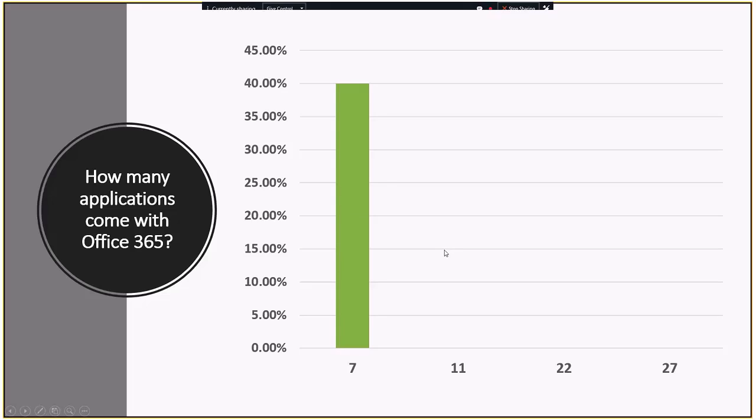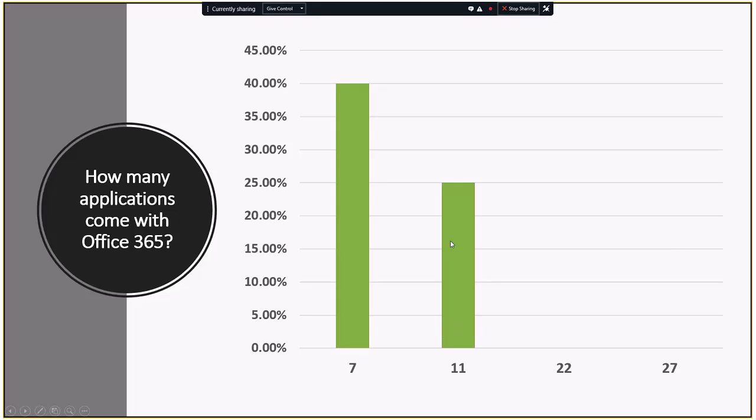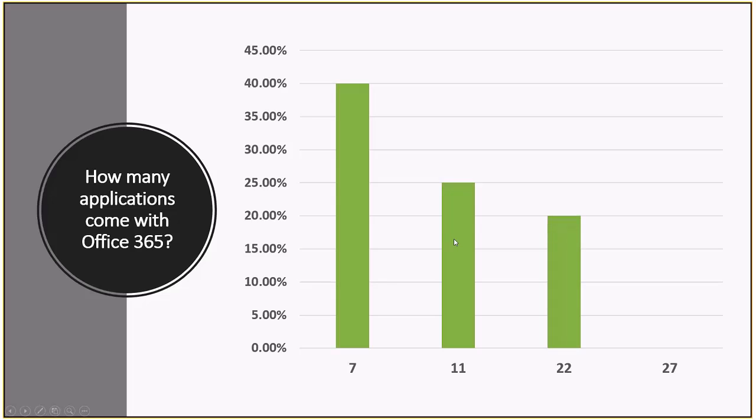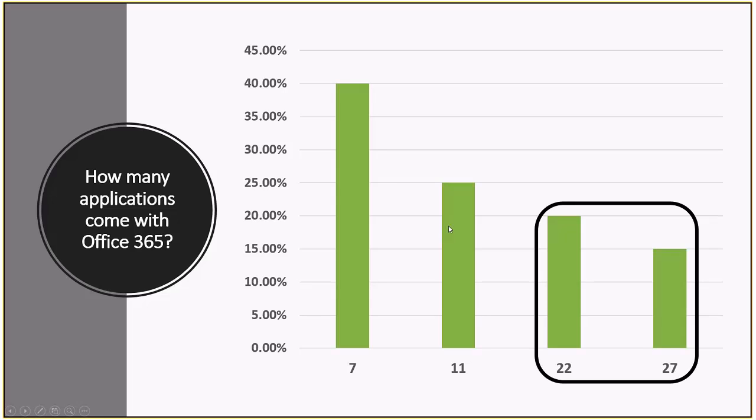40% of people thought there were 7 applications, about 25% thought there were 11, then 20% thought there were 22 applications, and just shy of 15% thought there were 27 applications. The actual figure can vary depending on the type of Office 365 subscription you have, but there are between 22 and 27 applications. And most of these aren't actually found on your computer. They're all found up in the cloud,